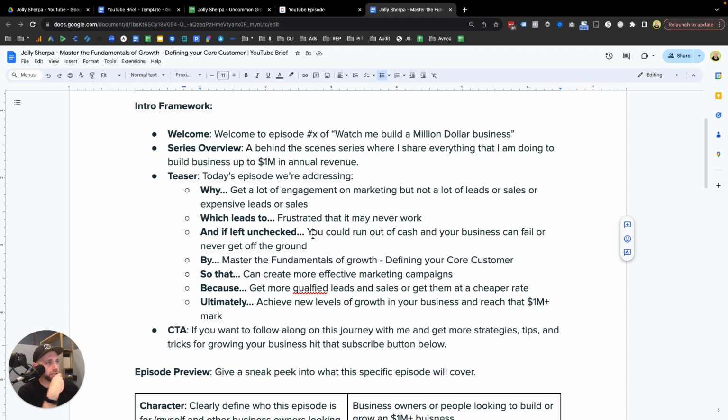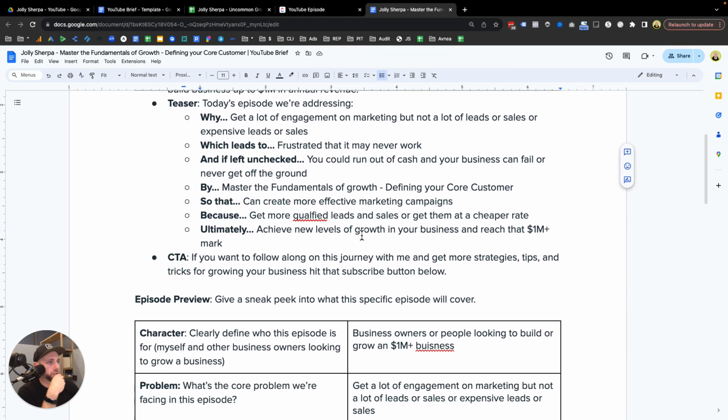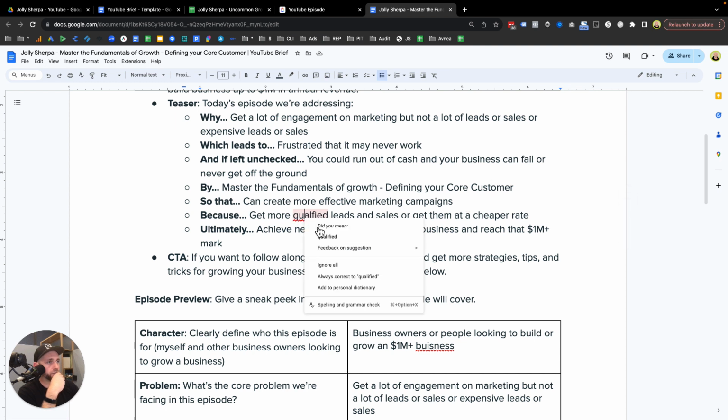And if left unchecked, you could run out of cash and your business can fail or never get off the ground. We're going to tackle that by mastering one of the 7 fundamentals of growth, which is defining your core customer. We're going to do that so that you can create more effective marketing campaigns,